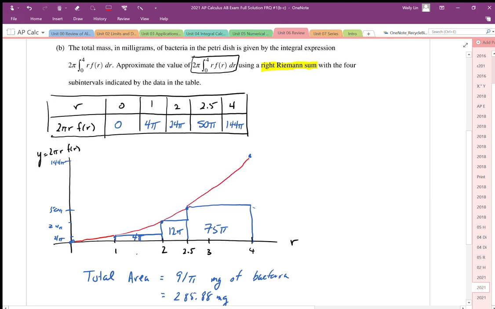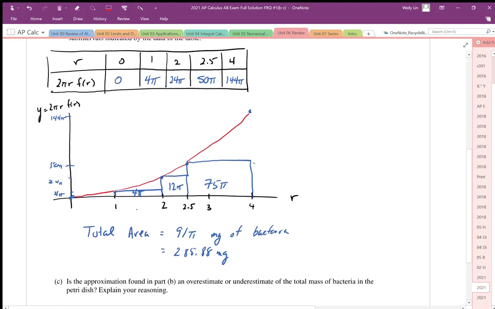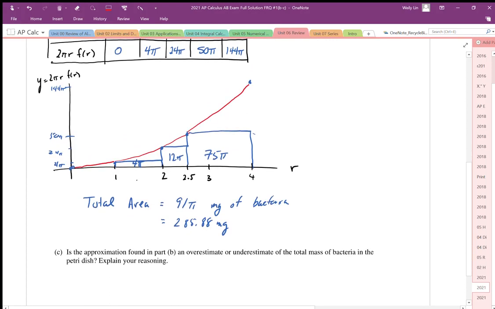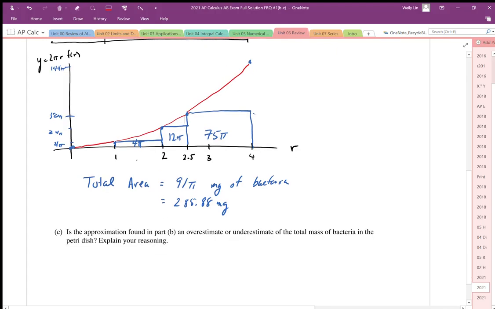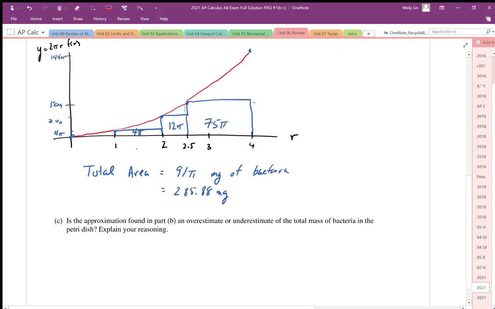If I take a look at the area underneath that curve, as long as it's strictly increasing, and we have no reason to believe it's going to decrease, then we know that this must be an underestimate. We could just tell by looking at the bars compared to that red line that this is an underestimate as well. So to give a more thorough explanation, we can just say that since